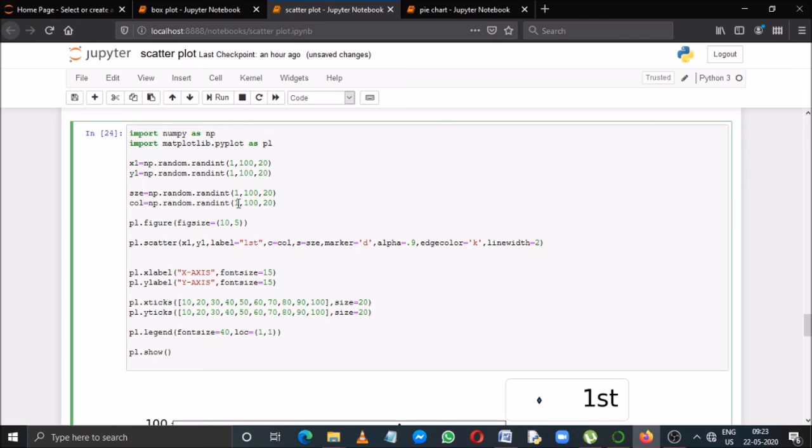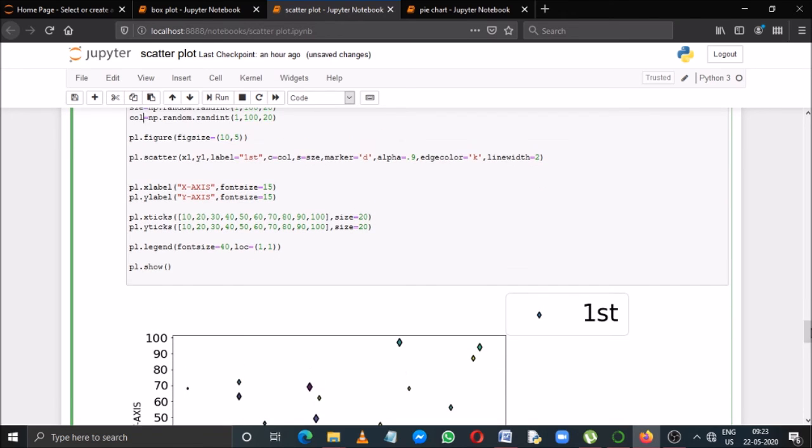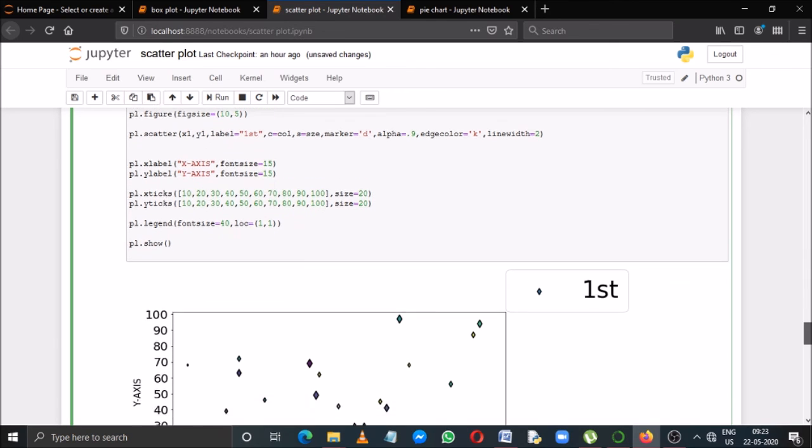Color is also another NumPy array, and I have generated it also randomly. And then I have used plt.figure to increase the figure size. The size is 10,5. Along the x-axis the size is 10 units, and along the y-axis the size is 5 units for the frame.